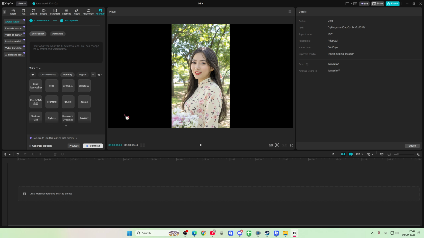Okay. Basically, you're going to either add an audio or enter a script. So if you want the avatar to use your voice, you can record your audio and add the audio here by uploading an audio, or you can enter what you want the avatar to read. There's also a bunch of languages that you can choose, maybe just Japanese and Chinese, actually, I'm not sure. Select the voice you want, and then you're going to enter what your avatar wants to say, like, hey guys,